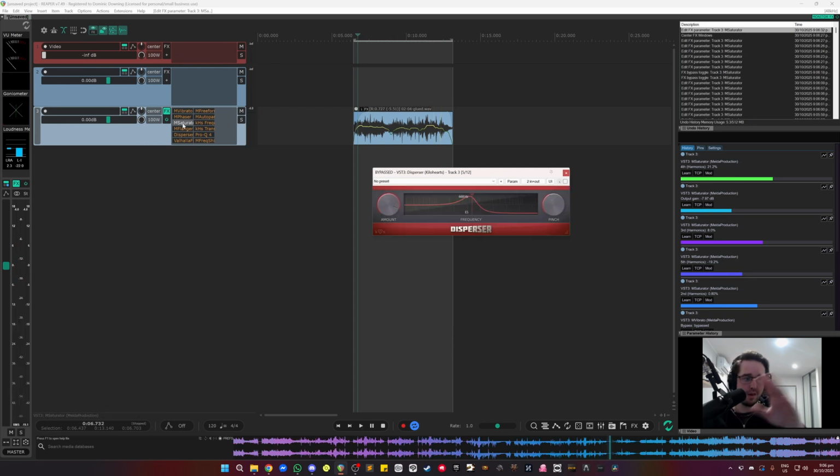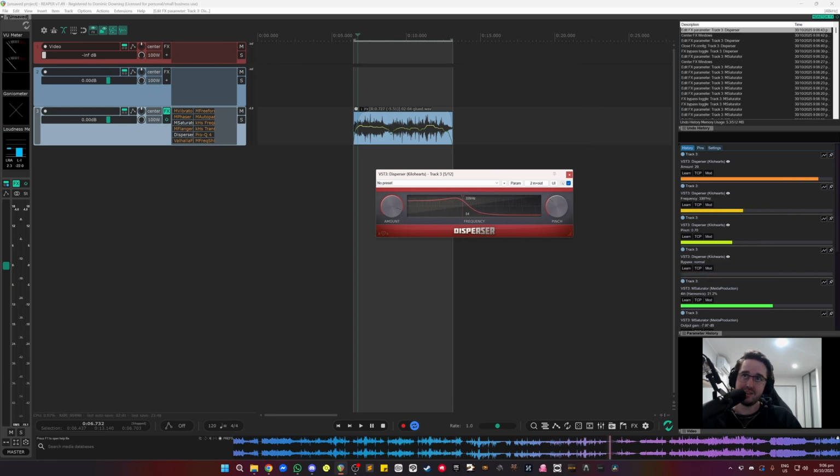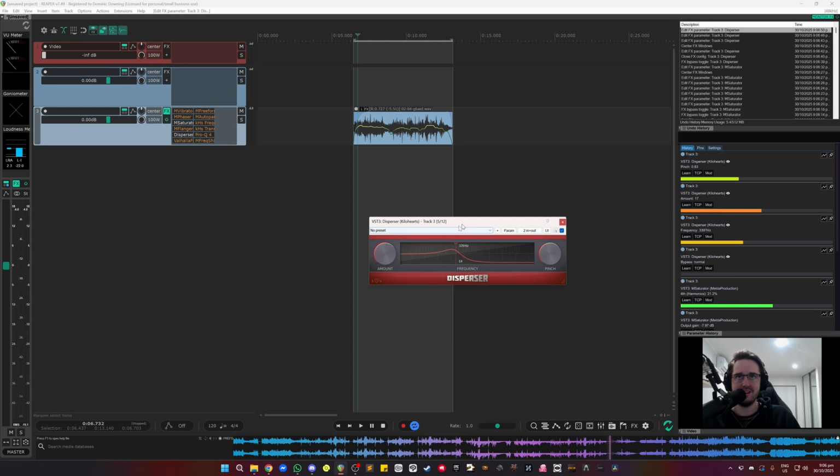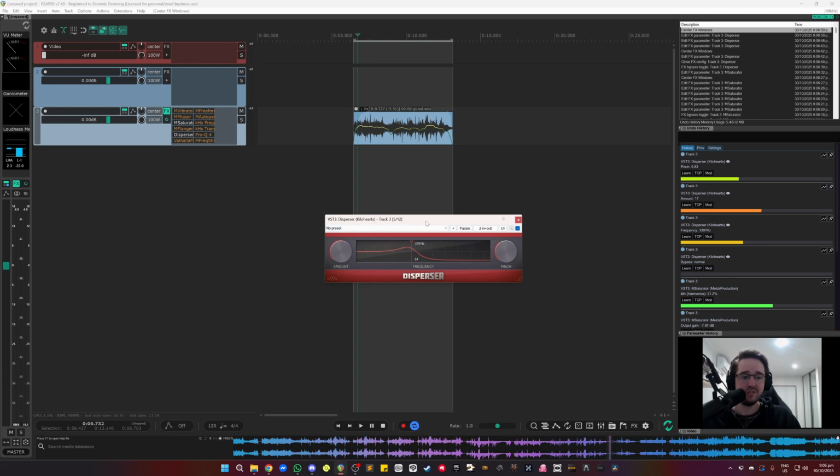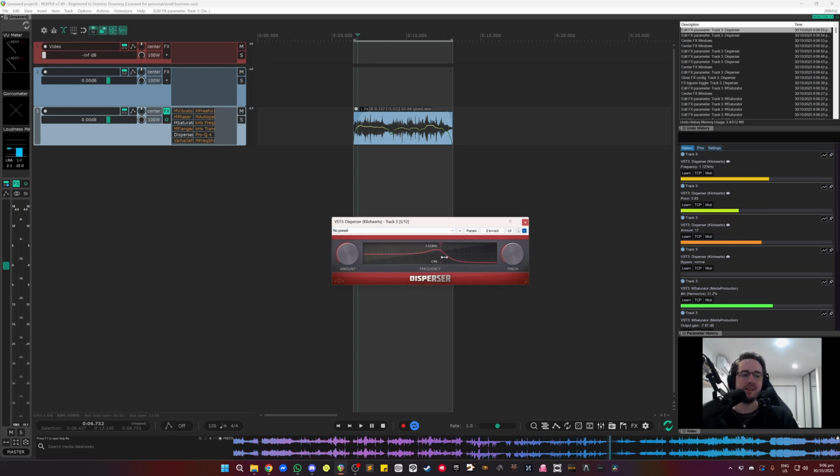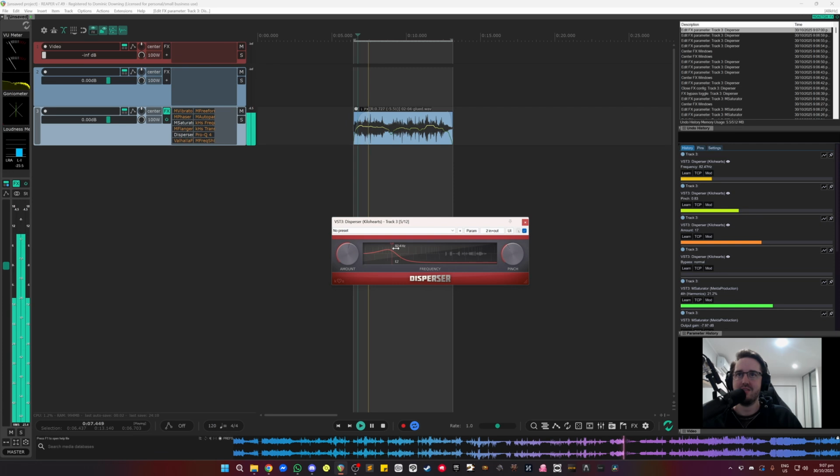If we keep what I've done there, turn this disperser on, which is a fan favorite, we all love it, but I don't love it that much. I like to just use little touches here and there. Don't overuse this. I hear it everywhere. It's so frustrating because it's an easy out for making something cool, because it is really cool. It's a really cool plugin, but if you put it on everything, it's not going to be that cool. Just here and there, tastefully.